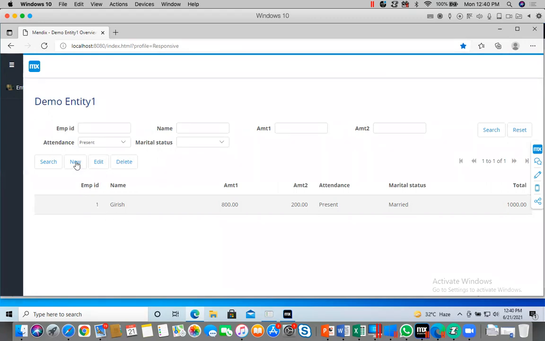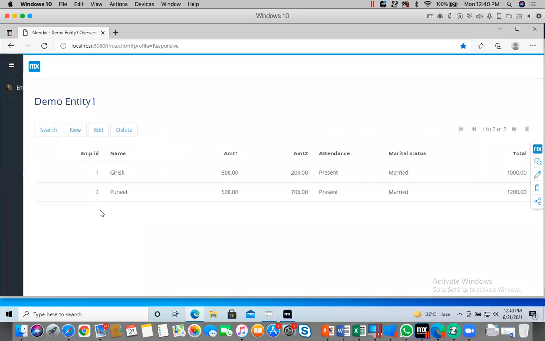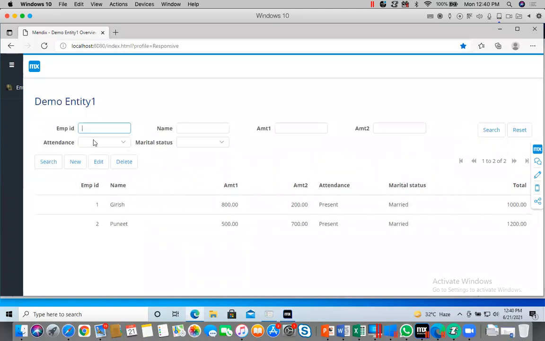Both have come because both are present. Name wise also you can.